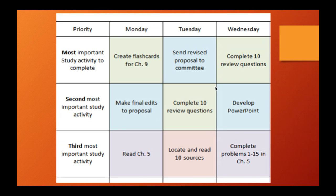So prioritization is also a big thing. If you have multiple things to do in a day, it can be easy to get overwhelmed. Oh my goodness, I have all these things I need to do. Okay, but what's your first priority? What's the most important thing that needs to be done? So if you look at the screen,